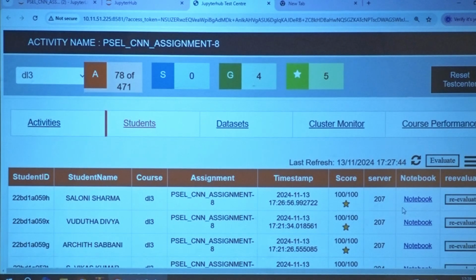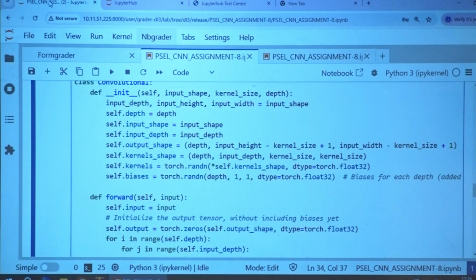Almost all the solution code is revealed. Is anybody stuck at calculating the bias gradient? I already told you, keeping the dimensions as they are, you have to sum up the elements of the torch tensor. Whatever loss gradient you are receiving from the previous layer, those elements are to be added together, keeping the dimensions as they are, so that you will get that.